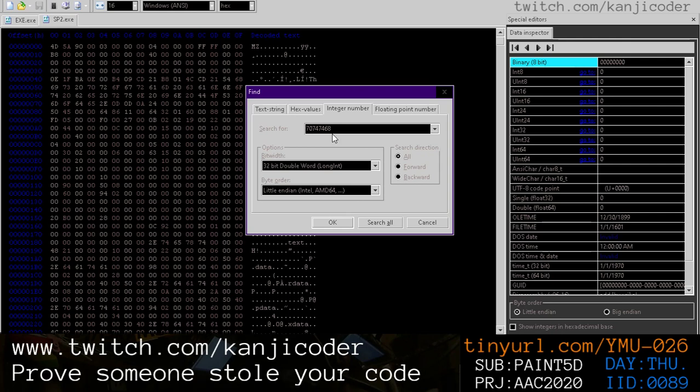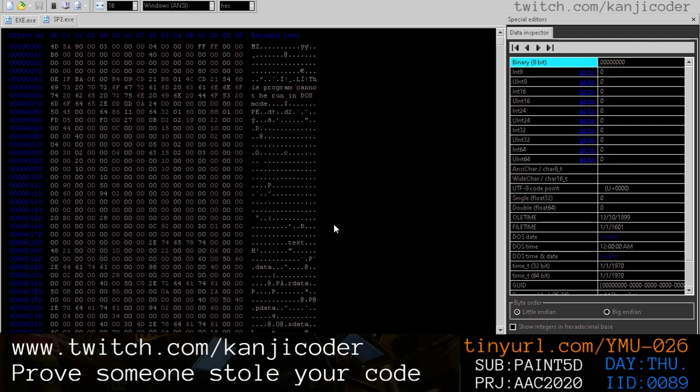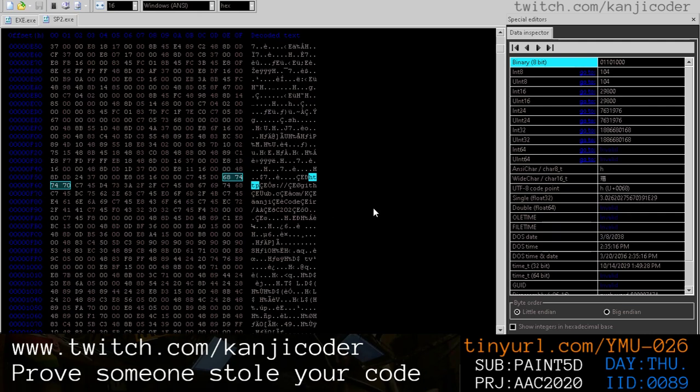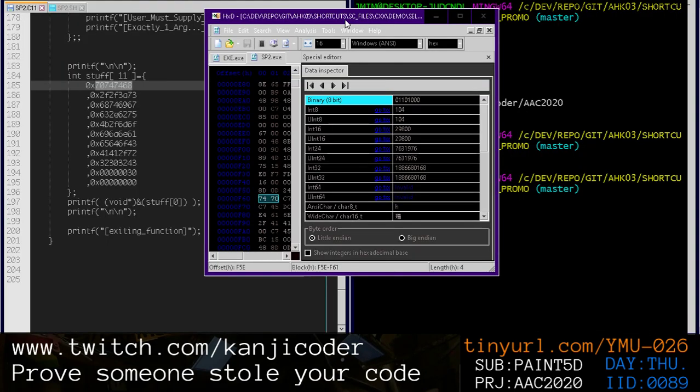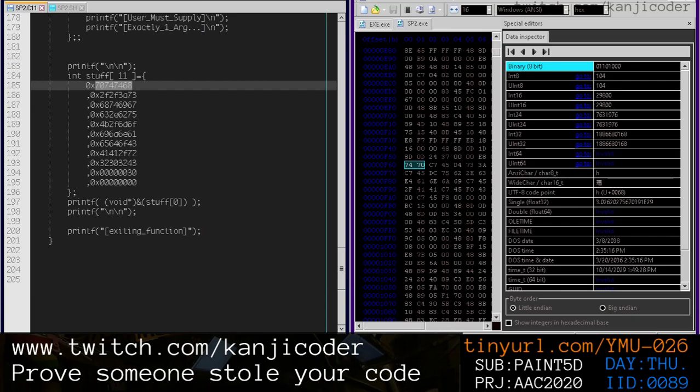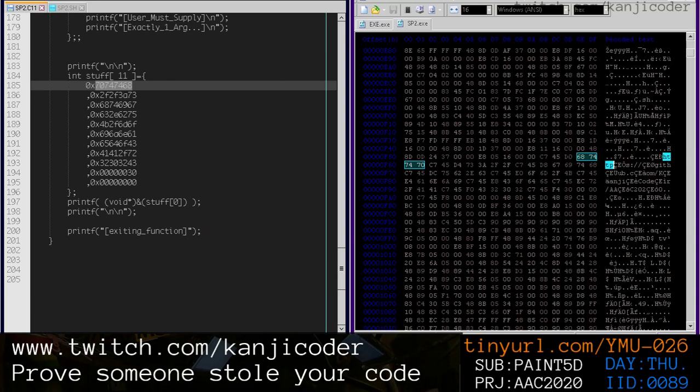Does this need to be like a 0x? Oh, hex values. I don't know why. Can we do this? Can we do that? There we go, found it. Okay, cool. So let's go move this over here. See if we can move this over here for a second. So let's see. Can we close this? We don't need this. Okay, so